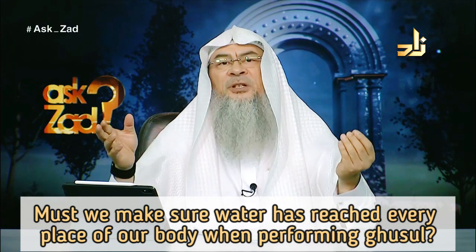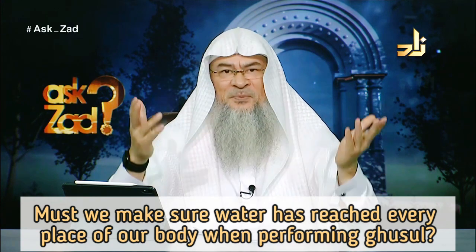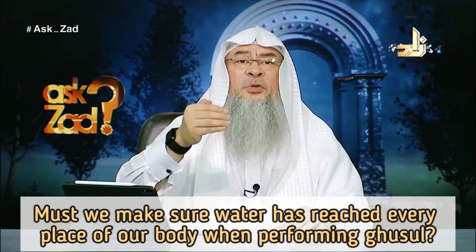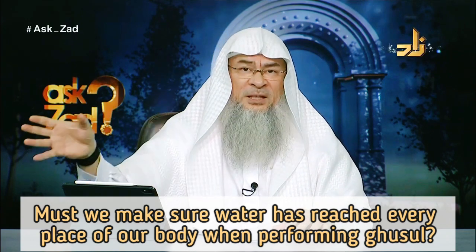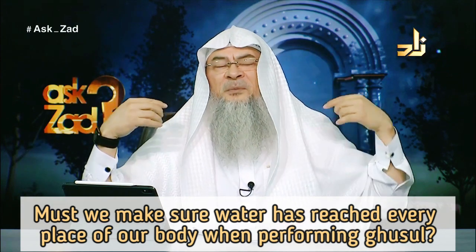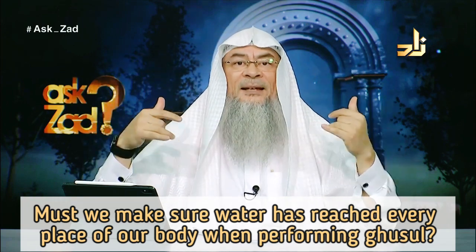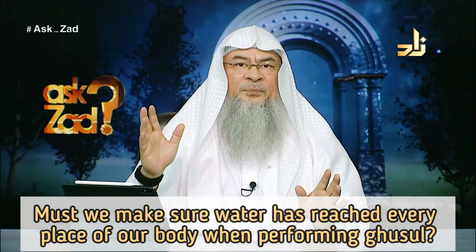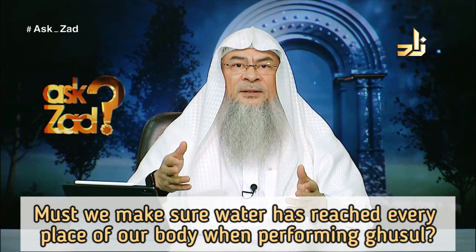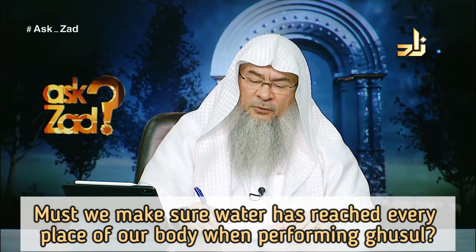So ghusl, which usually takes 3 to 4 minutes, 5 minutes maximum, sometimes takes 20 to 30 minutes for some individuals to finish, because they pour water, saying maybe there is an inch I missed. They pour water again and again and again, and this is from shaitan. So as long as you've done your best without any negligence, this is sufficient. Don't open the door for shaitan, and Allah